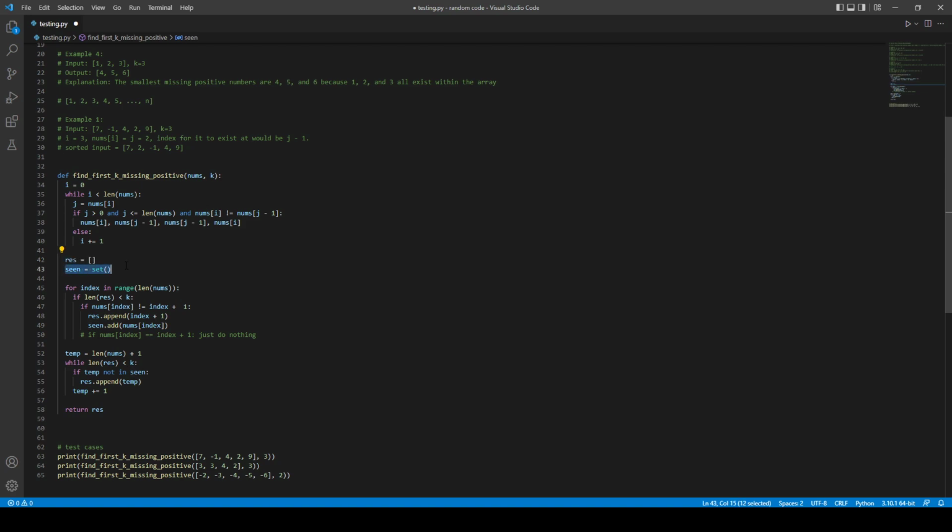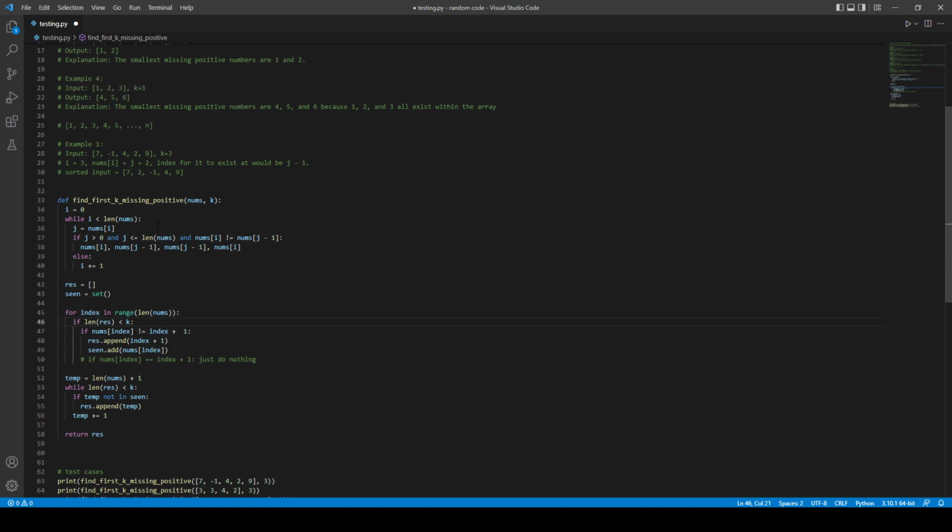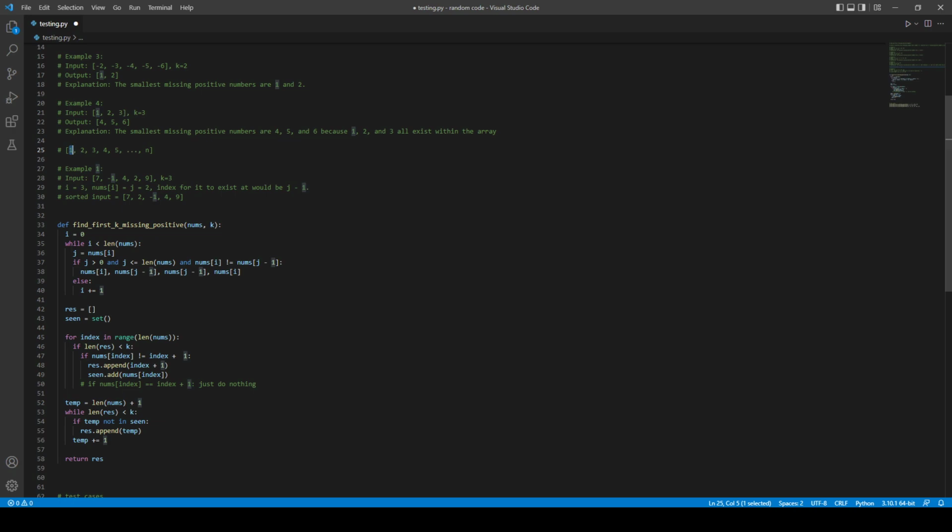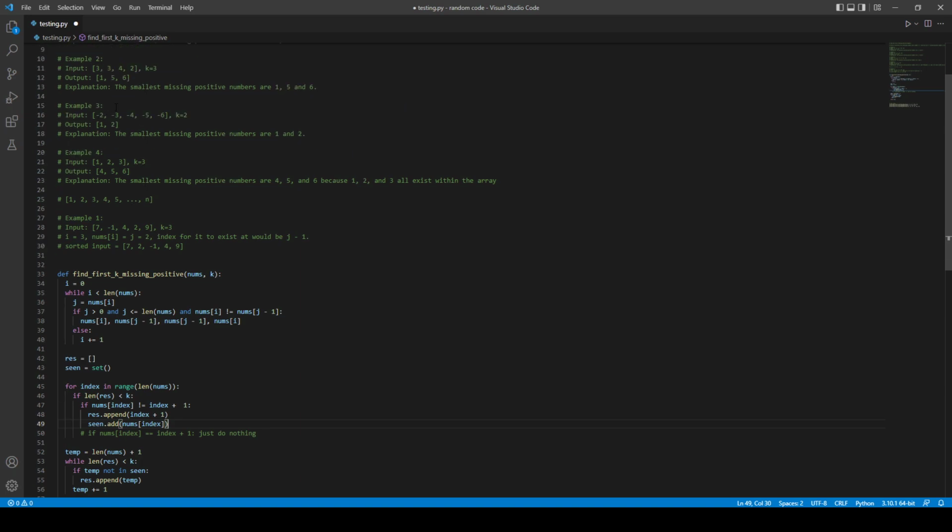this is our result, and this is what we've seen so far, with a for loop to go through everything in the array. If the length of result is less than k, then we want to find answers within our array. If nums[index] does not equal index plus 1, so basically if index 0 does not equal 1, then we want to append whatever index plus 1 is, because that's the number we're looking for. And then for seen, we'll do add nums[index], because in something like,